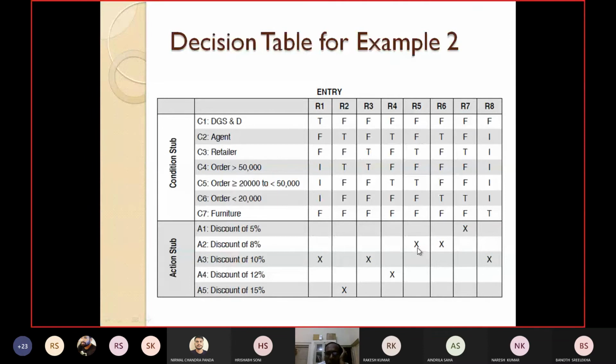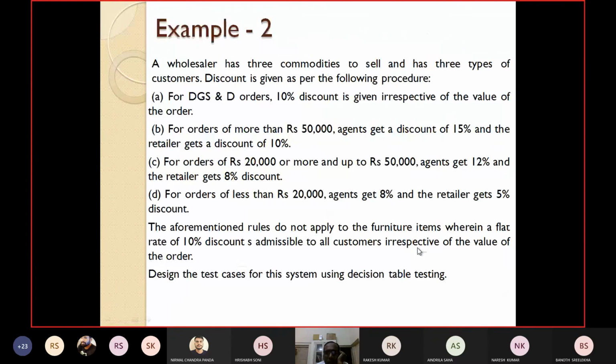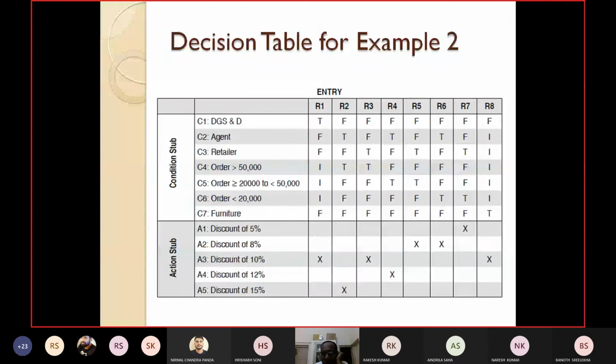Next one is rule 5. If it is not a DGST item and is not an agent but is a retailer, how much should he get? I think there might be a small mistake. Yes, there's a small mistake. For less than 20,000, the agent should get 8% and the retailer should get 5%.